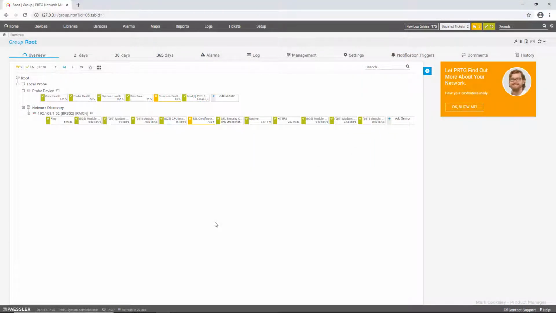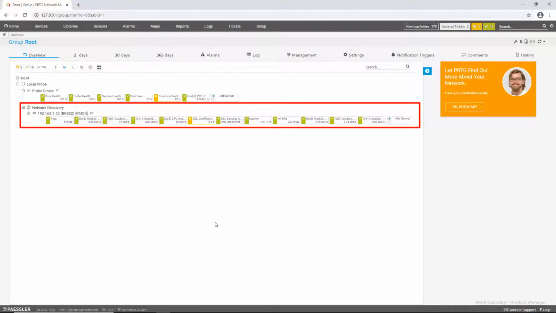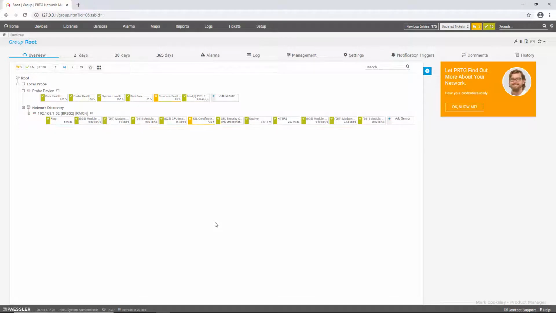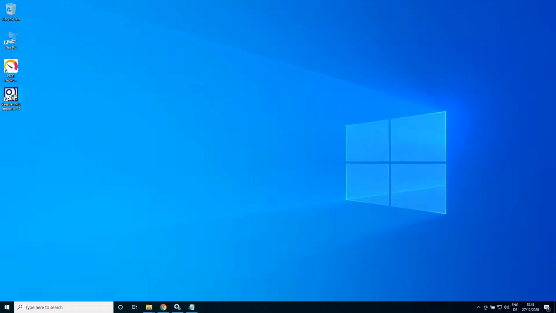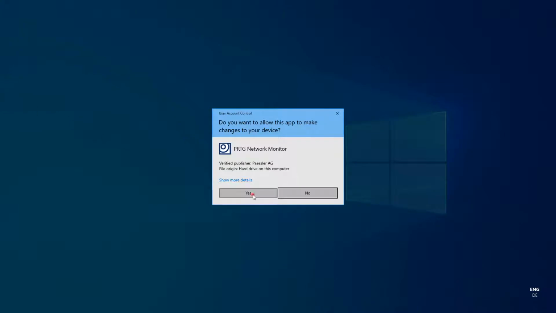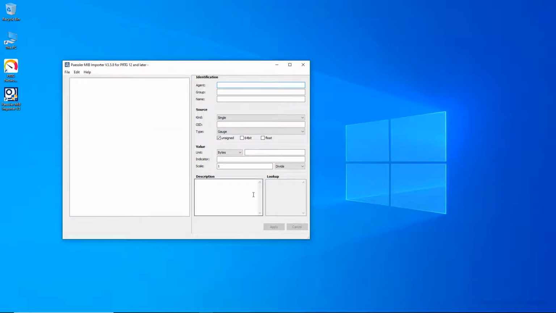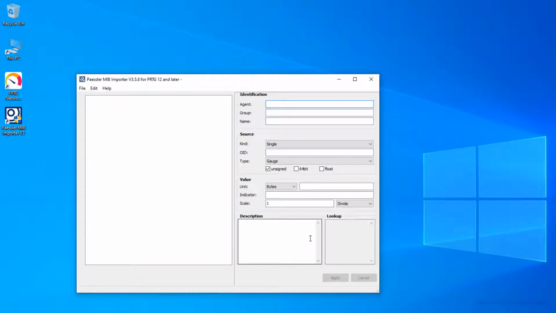As a starting point, this is what the Hirschmann BRS looks like when it's discovered in PRTG. The sensors are either generic MIB2 values, or they are derived through the communication between PRTG and the BRS. My objective is to add some manufacturer-specific sensors to the BRS. I want to add values which are specific to the HiOS operating system. For this task, there is a direct correlation between a sensor and a MIB variable.